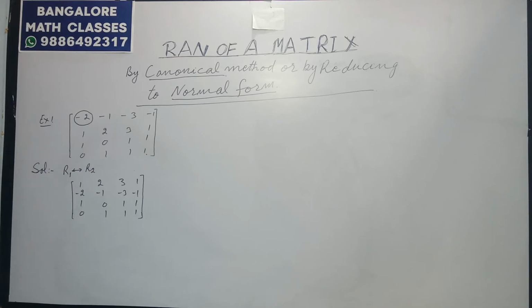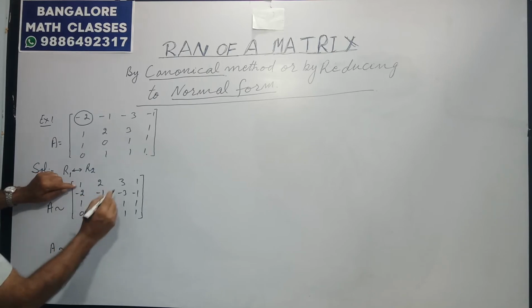After doing this, below the leading 1 we want 0, 0, 0. How can we do that? Then the matrix A, you can write it as equivalent to. Generally in some books I have seen them putting an equals sign, but it is better to write equivalent. See this carefully, how we can put it. Keeping R1 as it is.